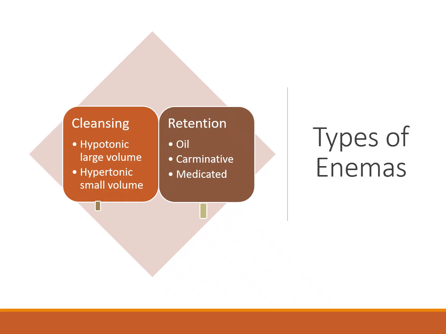However, using such large volumes of solution, for adults 500 to 1,000 milliliters, and for infants less than 250 milliliters, can be dangerous for patients with weakened intestinal walls, such as those with bowel inflammation or some type of bowel infection. Hypertonic solutions, phosphate and sodium citrate,